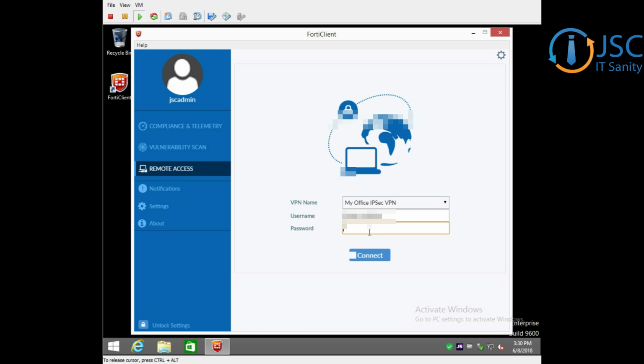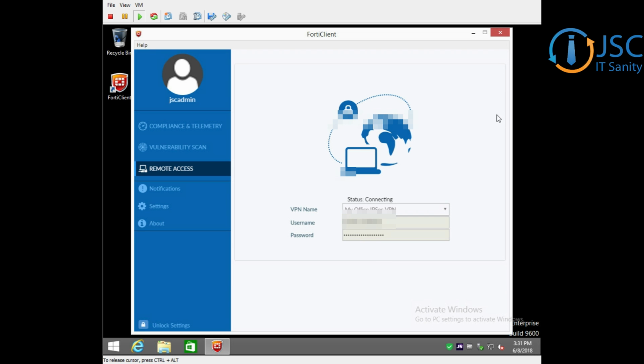So we're going to use the one we just did, and then you're going to put in the password that you've been provided. Depending on the settings that were set up for the system, you may or may not be able to have it save this. The more secure option is to not save this in case this device was compromised. This would be one more password that they'd have to try to hack or find out to connect there. So then we simply click connect,